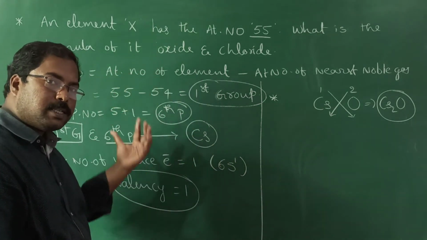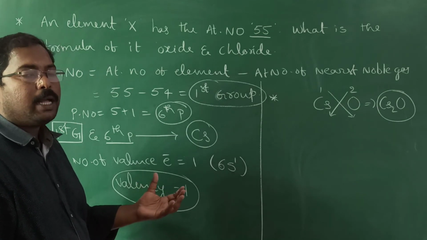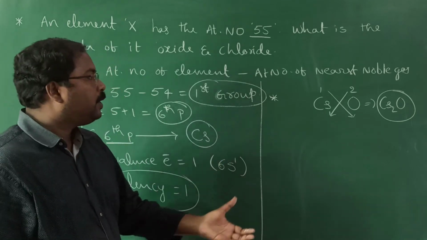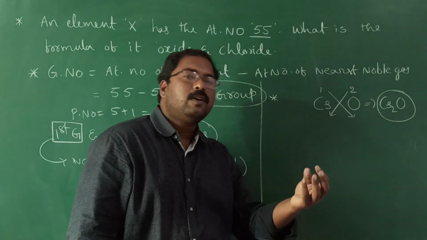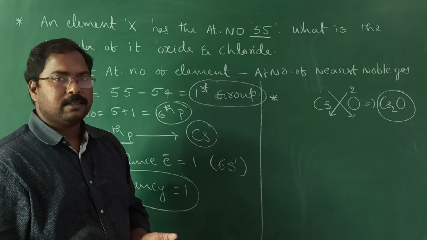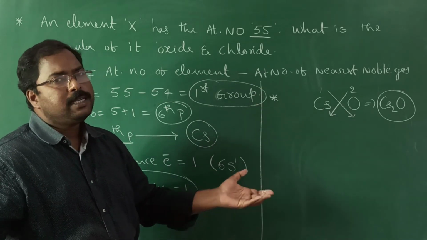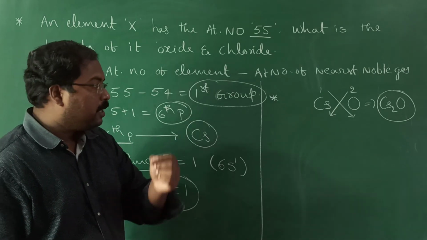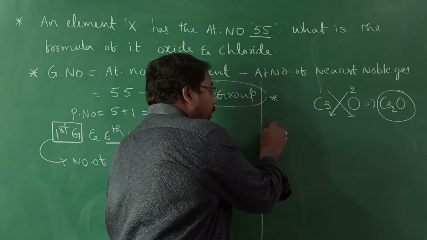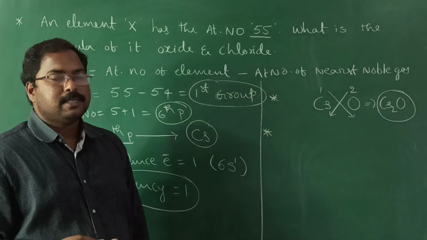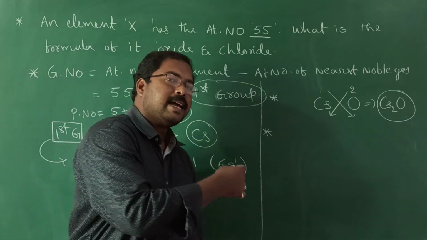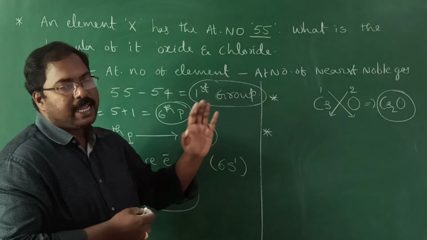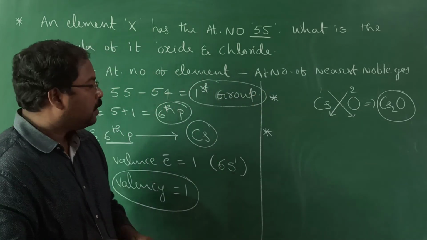These first group elements are all metals. We call them alkali metals. Why are they called alkali? Because when their oxides are dissolved in water, they form a base. So it is very clear, cesium oxide is a metal oxide, and metal oxides are generally basic in nature. So when we go to high level questions, they can ask in that way, and they have already asked many times in JEE and NEET examinations.